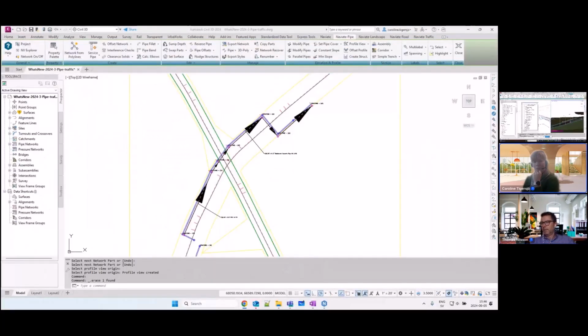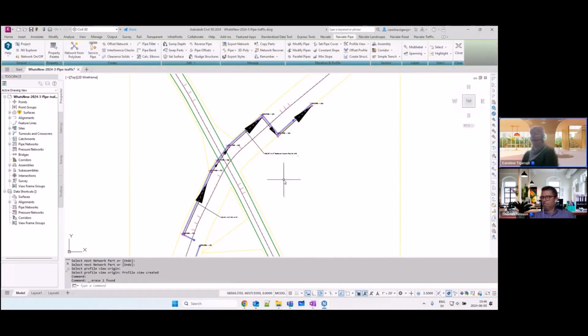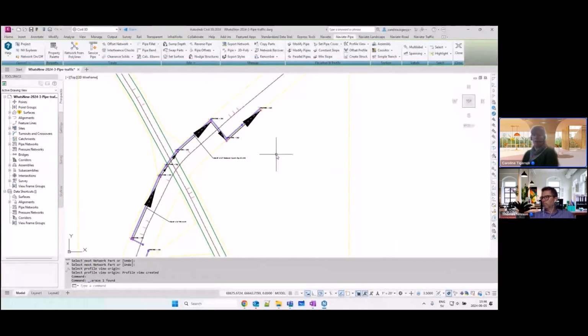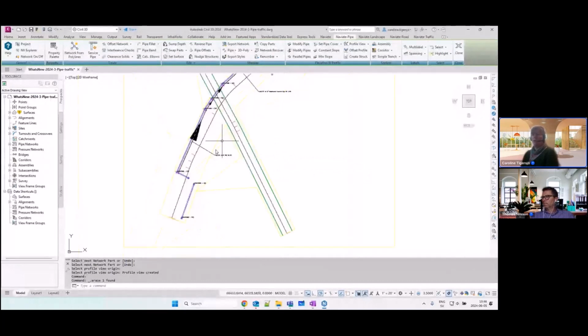Yep. And I will return to my stream. So you'll see more about this. So that is a good one. I'm just going to find my list again. So two new functionalities, or one brand new and one that's been around. We've shown it before. I'm going to show you how it looks right now. So, pipe fillet,